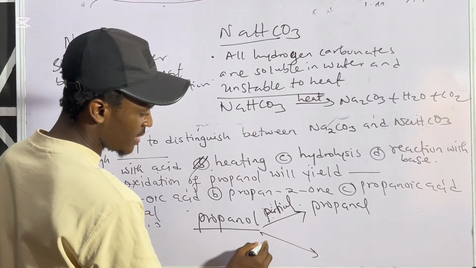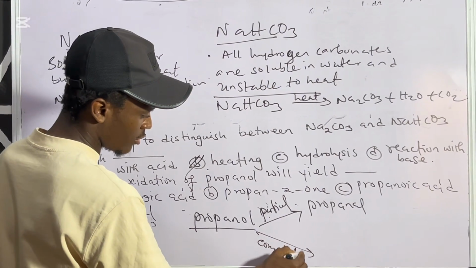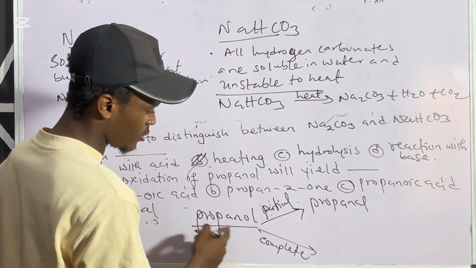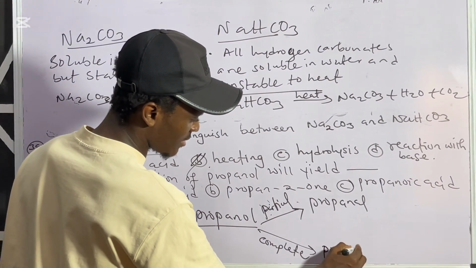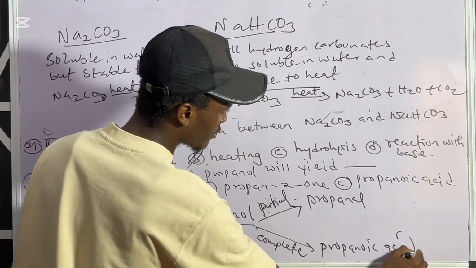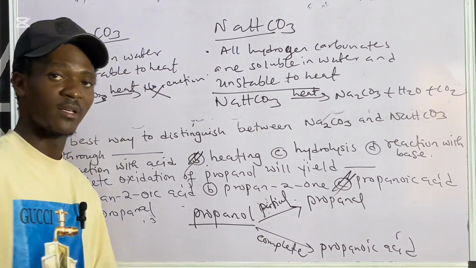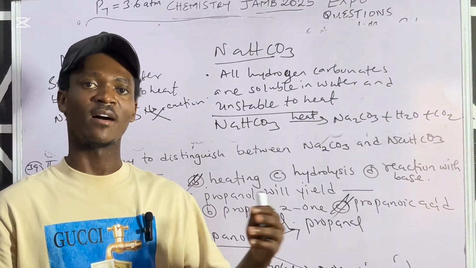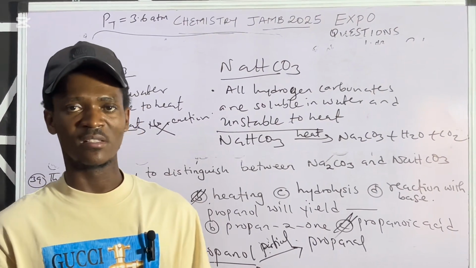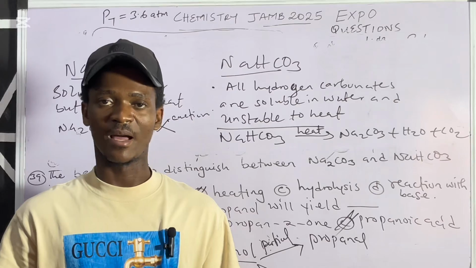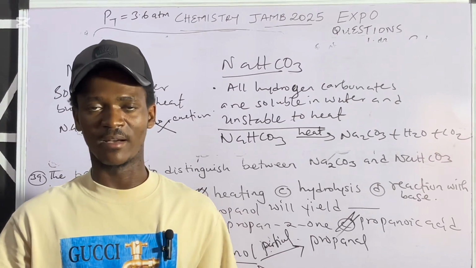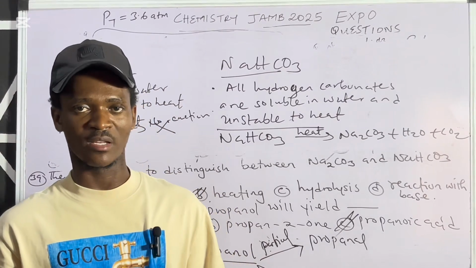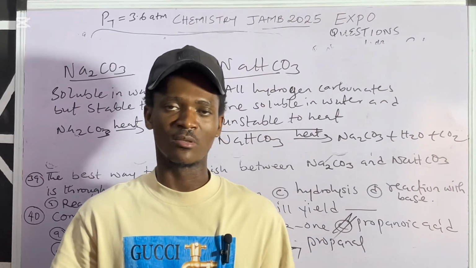Then complete oxidation will give what? Alkanoic acid. That's for the primary alkanol. So hence this should give propanoic acid. It's very easy. So the correct option is option C, propanoic acid, meaning that any primary alkanol, when oxidized partially, you get alkanal. Then when oxidized completely, you get alkanoic acid. Like butanol, partial oxidation butanal, complete oxidation butanoic acid. I've done a video lesson on alkanols. You can check the channel for you to update yourself.